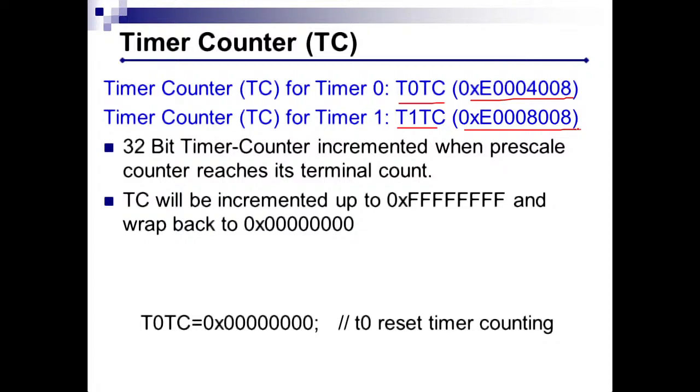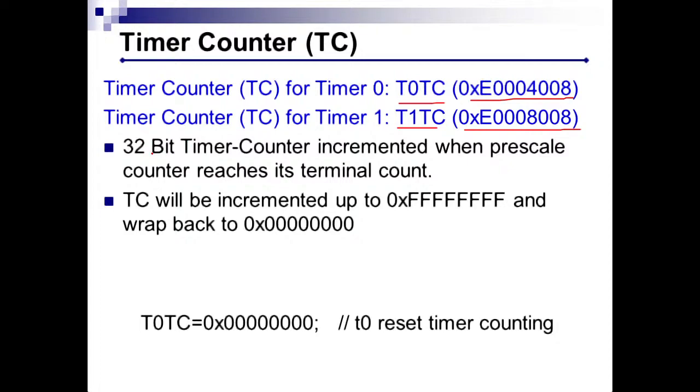In C language programming, you include the header file, so these names, T0TC, T1TC, etc., are known to the compiler. But if you are writing an assembly language program, then you will use LDR-kind instructions to load a value from a register and STR-type instructions to store a value in a register. With LDR, you have to specify a 32-bit address. So in that case, you will need addresses also. And all these addresses are given in the data sheet of the ARM processor.